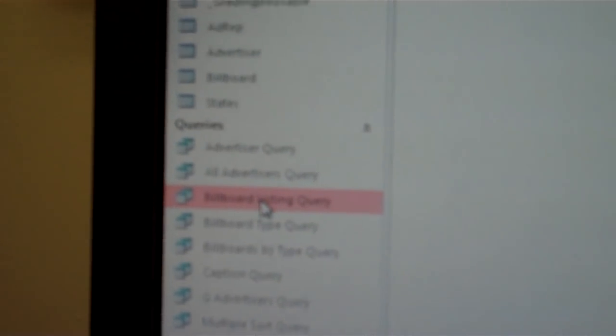So there under the queries section is the billboard listing query. Remember, they are in alphabetical order for ease of finding. Let's right click our mouse and choose design view. The layout of design view should be familiar to you from project module 1,